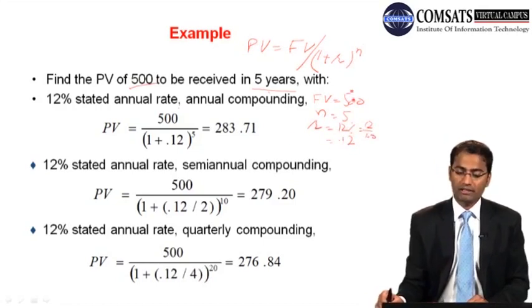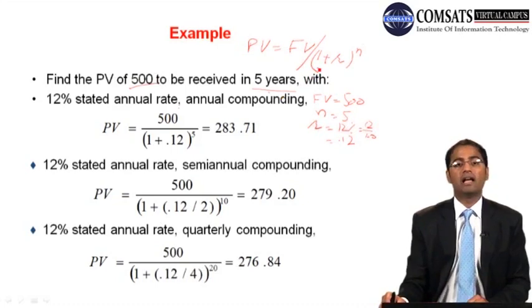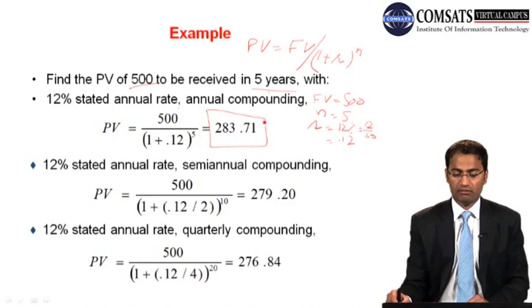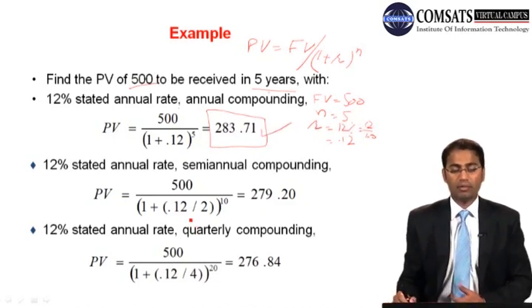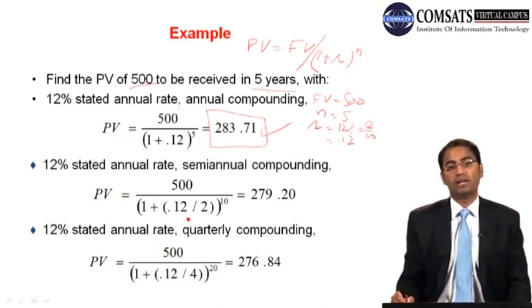So you put all these values in this formula and then you get 283.71. Okay, so the present value of 500 after 5 years will be 283.71 if you go for annual